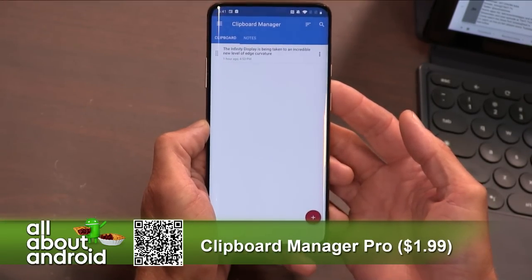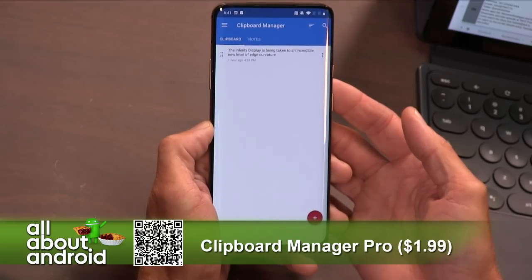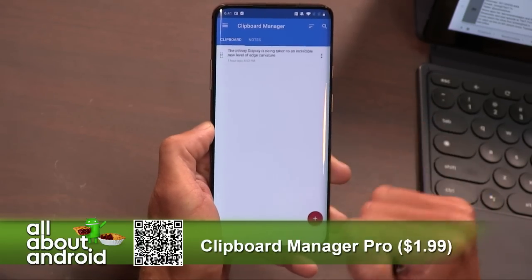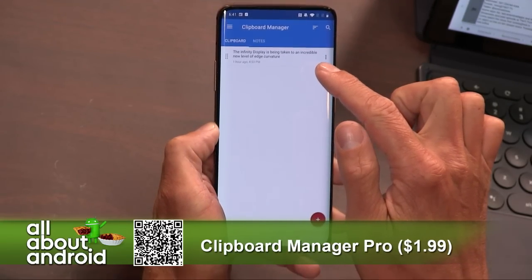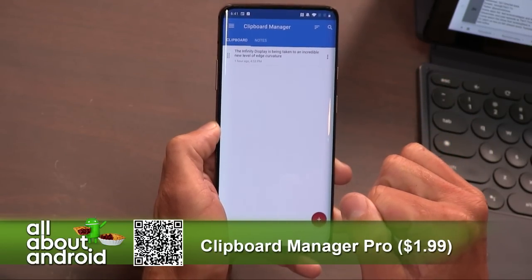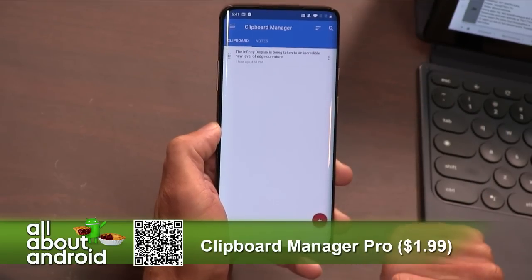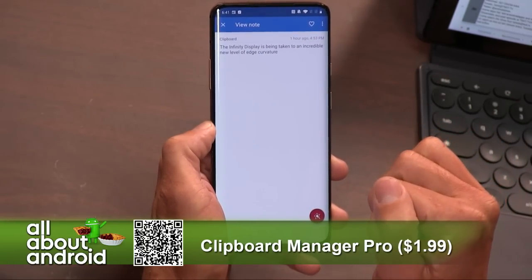Now, Clipboard Manager is extremely simplistic. So, Jason, have you managed to copy anything yet? Well, sure. The infinity display is being taken to an incredible new level of edge curvature, is what I copied. A piece of text, and it added it to the clipboard. And if you wouldn't mind expanding on that note...